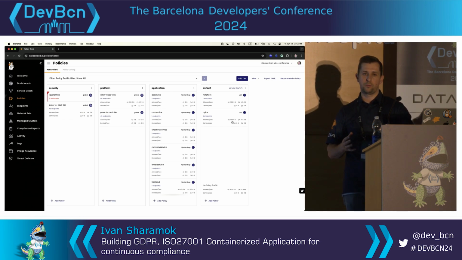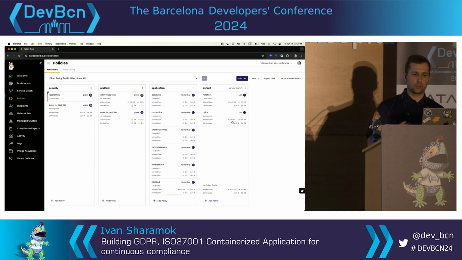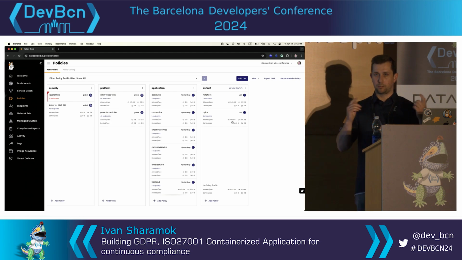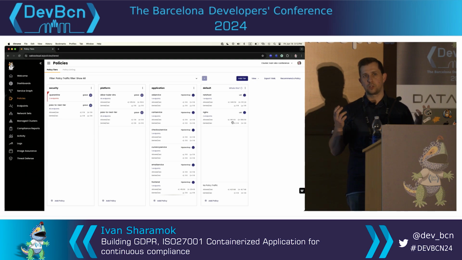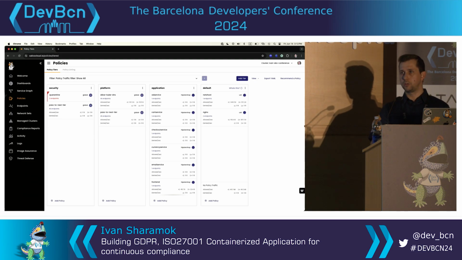For developers, they have full access to the application tier and maybe only to the namespaces they need to work with. Everything else, just make it read-only for them so that they can see the policies in there and click through to understand how traffic goes through those policies, but they would not be able to mess with those and do something that they don't intend to do.